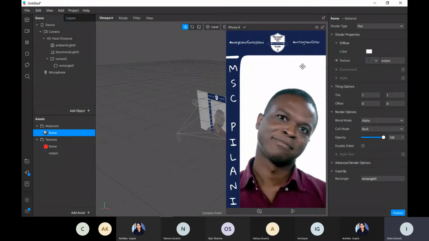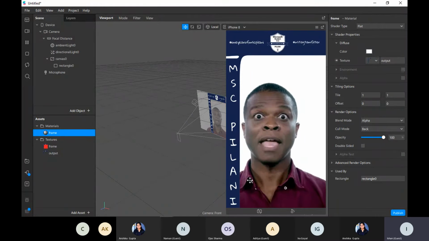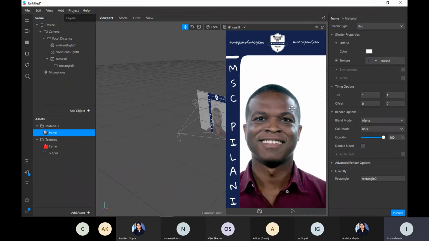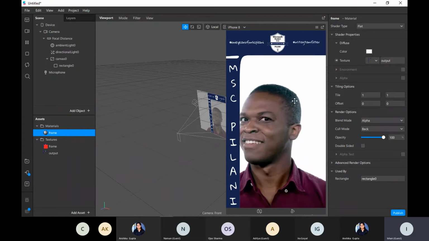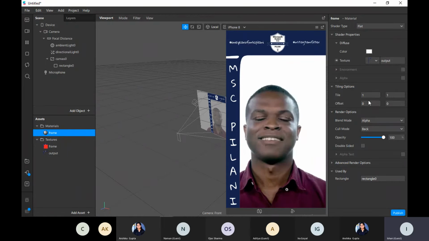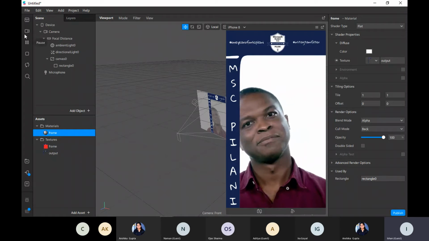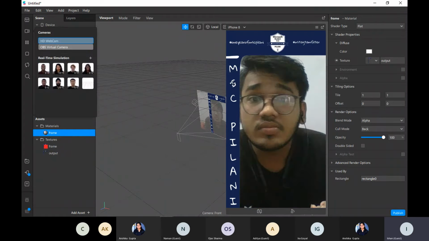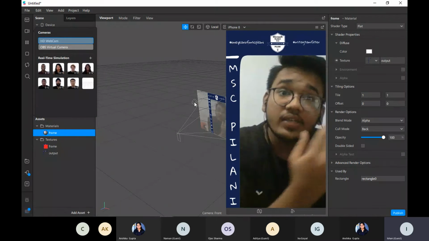Yeah, now you can see it is showing only this part. So you can just choose an image which is transparent to do stuff like this. And let me test on my camera where you can see it here.